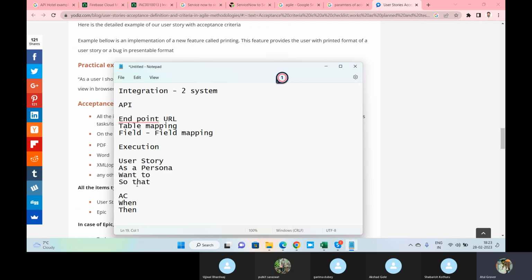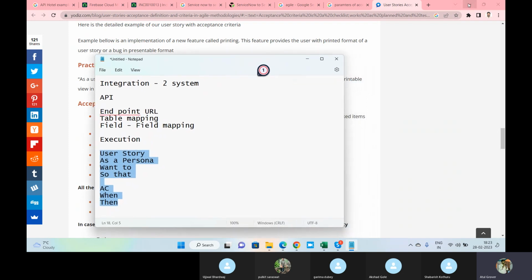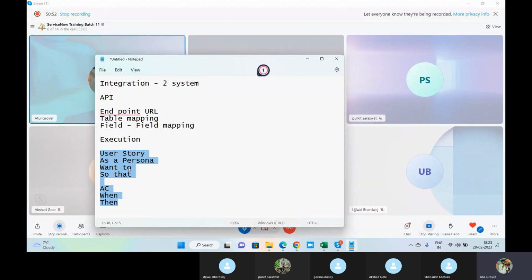So being a business analyst, it is important for you to write the user story very carefully. And you as developers, make sure that you get a clear picture of the user story: what has to be done, what the business said, and tell us what you want to be doing.